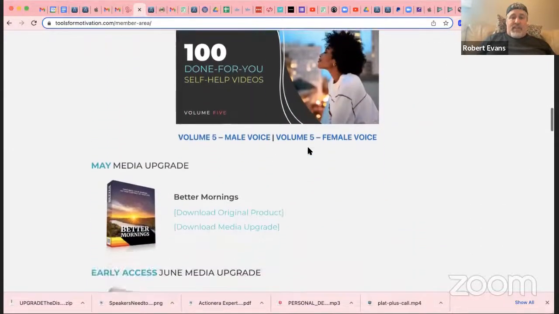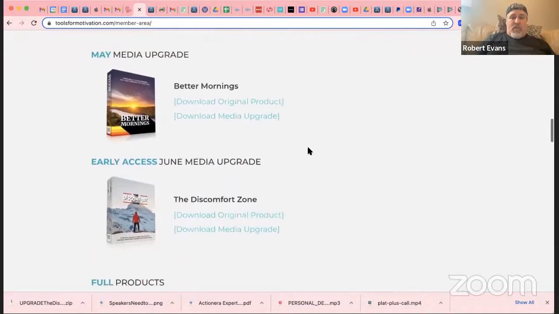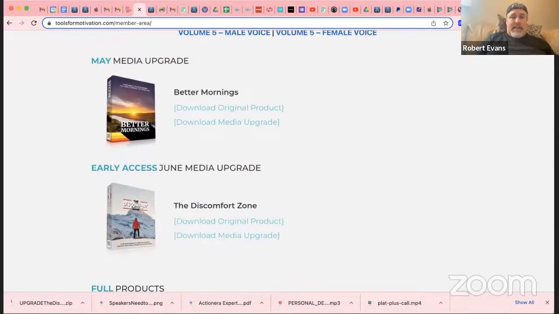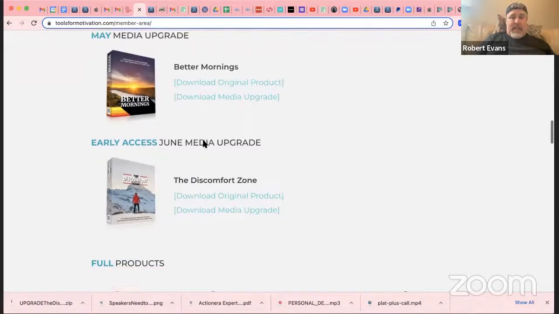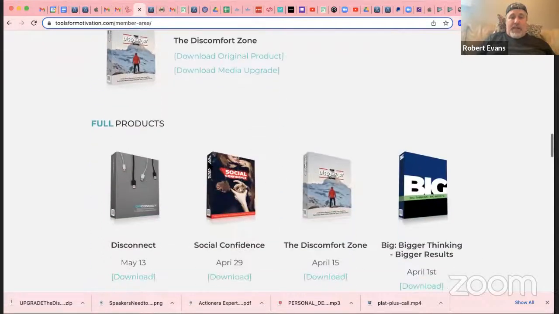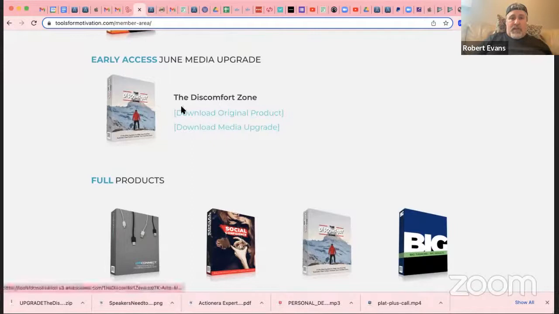However, every single month, you are going to get one what they call media upgrade, which is basically one of their full products. Like if you look here, the Discomfort Zone, next month it's going to be a media upgrade.